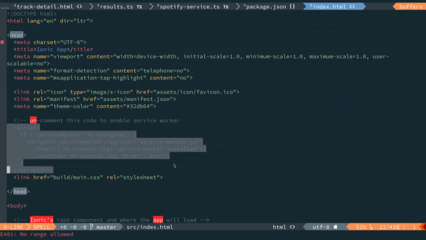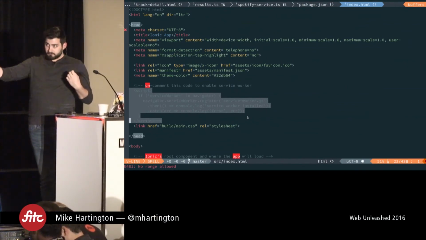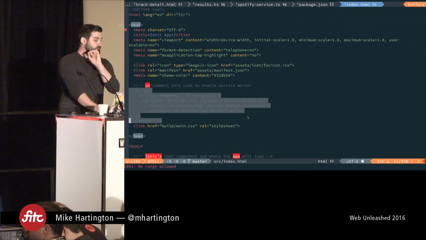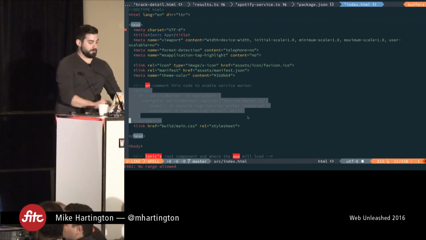Now, a Service Worker works by caching your data. A Service Worker acts as an in-between, so anytime you load data from a server, you can set it up to automatically cache that into the browser's storage and on the device's storage, so that it'll automatically load even if there is no connection. If for some reason you want to bypass the cache and go directly to the server, you can do that as well. It does require HTTPS, and I'm deploying through GitHub Pages with this demo app, which does not support HTTPS for custom URLs. So I have it commented out for now, but